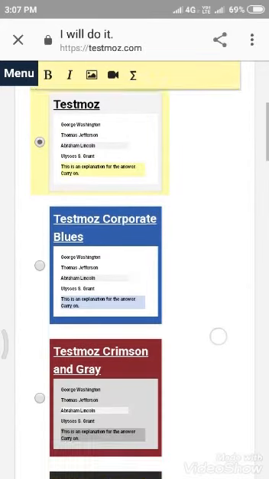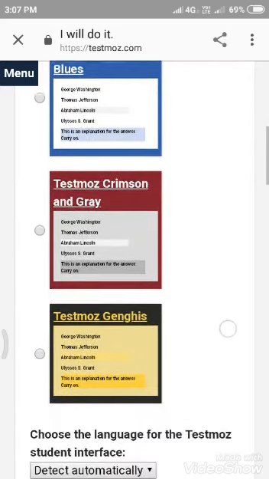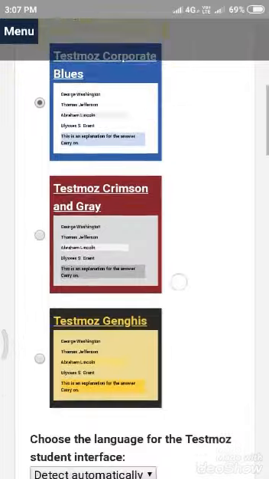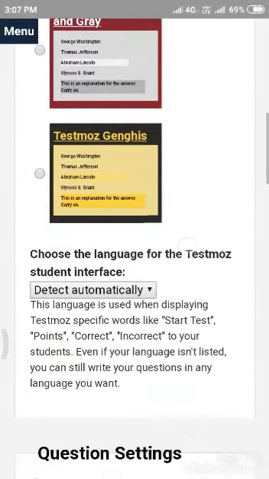Color schemes are there. I select the blue scheme, blue color. This is the question paper color for the students who write the examination.